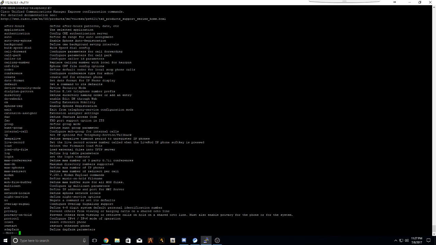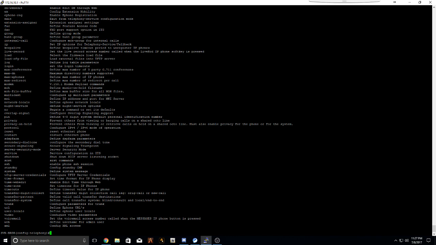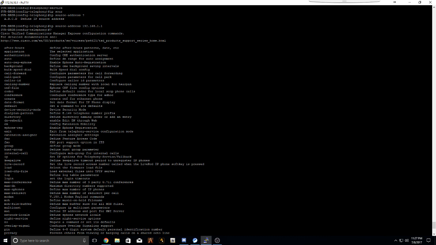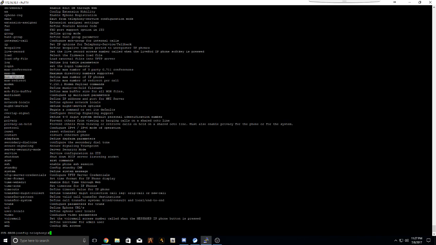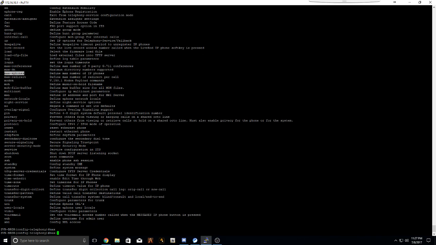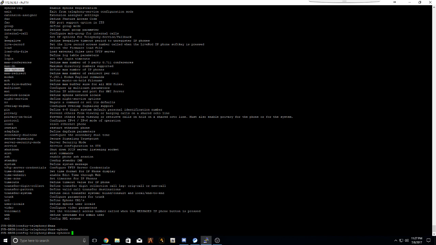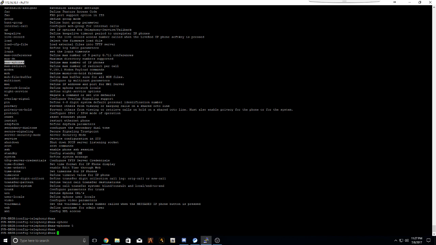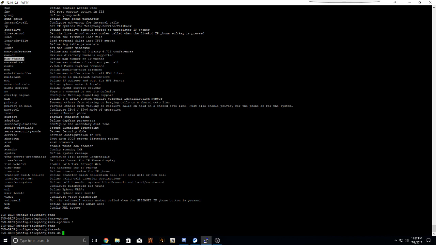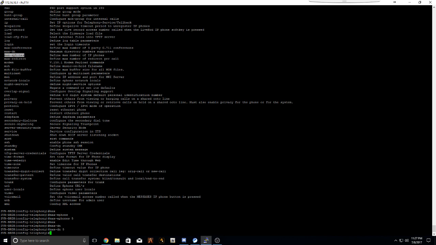Then we want to configure the max ephones, which, if we go through context-sensitive help again, we can go through the list here until we find max-ephones. Max-ephones 5, max-dn 5, ephone 1,